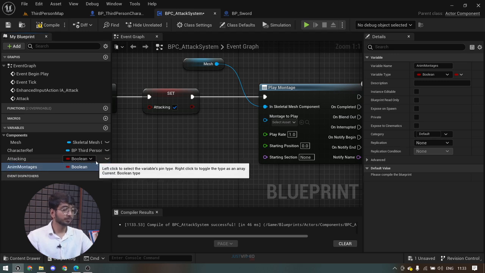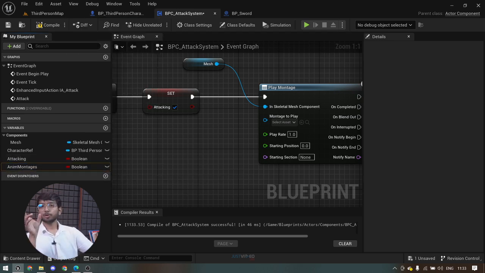Montages. Yes. So from the array we'll normally get a random index, and we will use the array which is